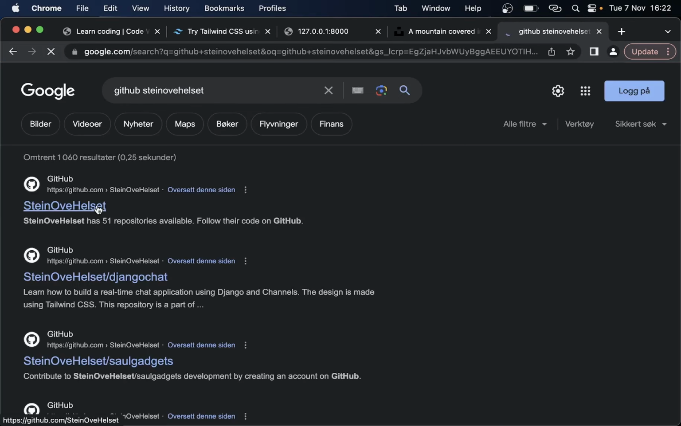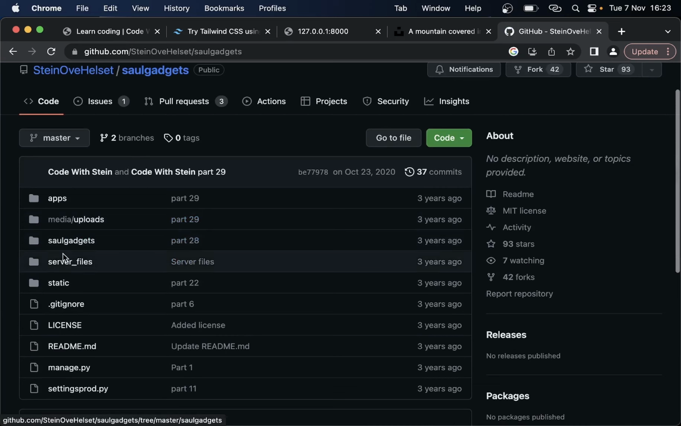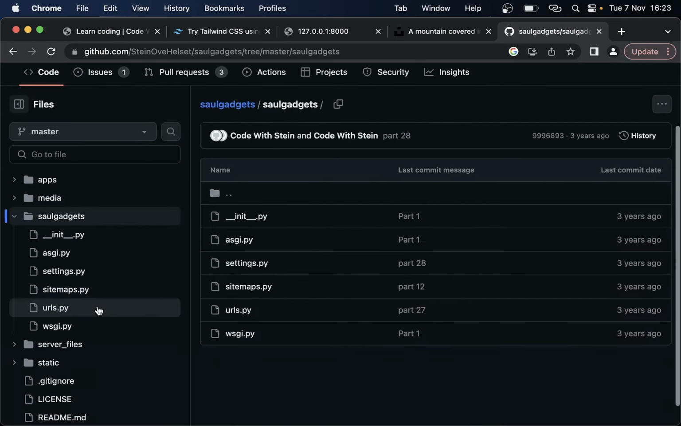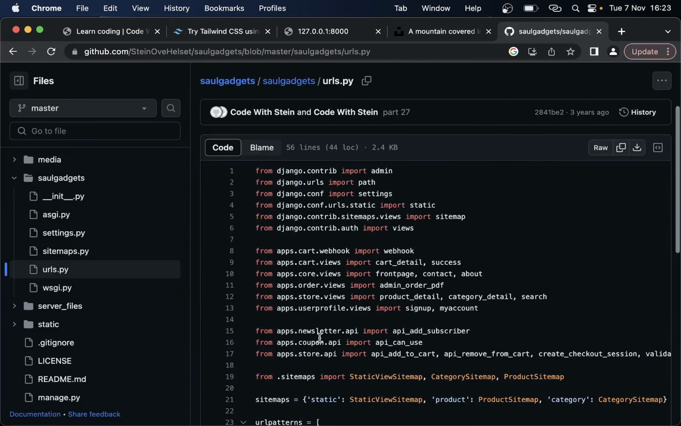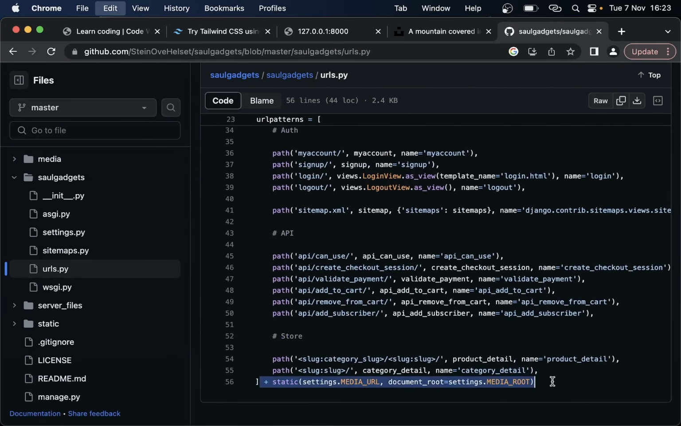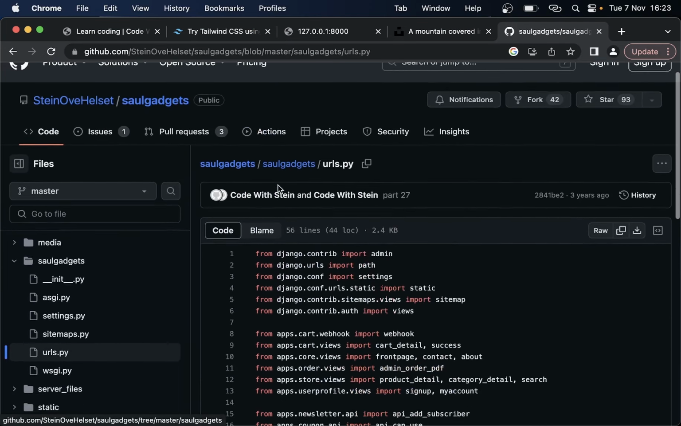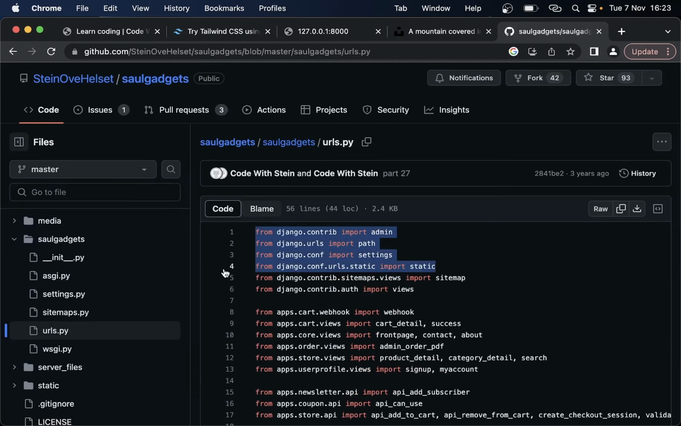So let me just go into one of my older projects, for example the Sol Gadgets, into Sol Gadgets and the main URLs file. So then you can see here at the end here that we are using a static function to include the URL and the root folder. So then this will work locally at least. And then you just need to include this here